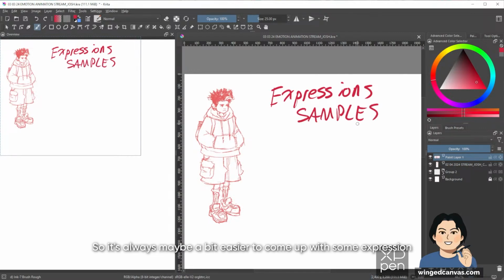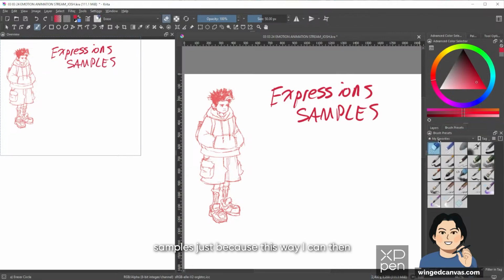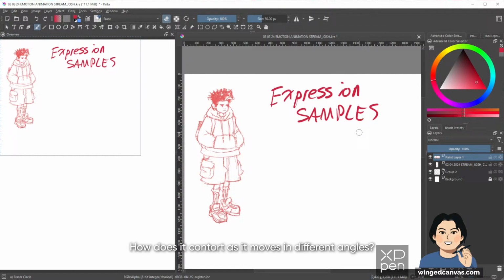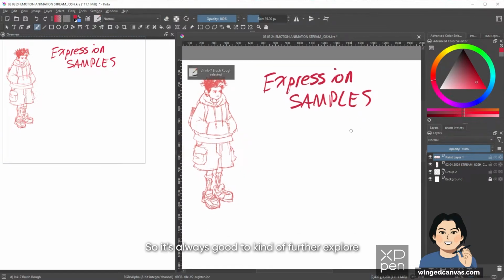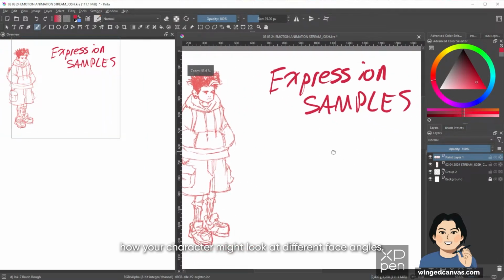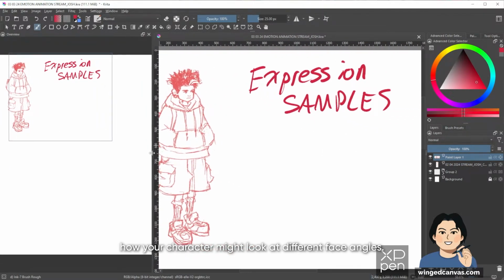This way I can figure out how this character's face would move, how it twists, how it contorts as it moves at different angles. It's always good to explore how your character might look at different face angles.